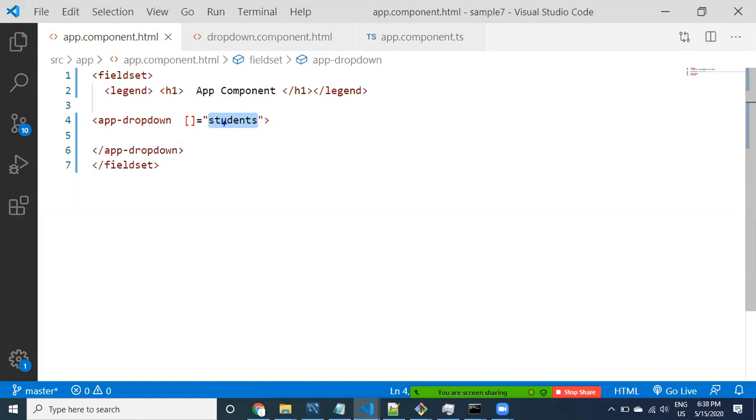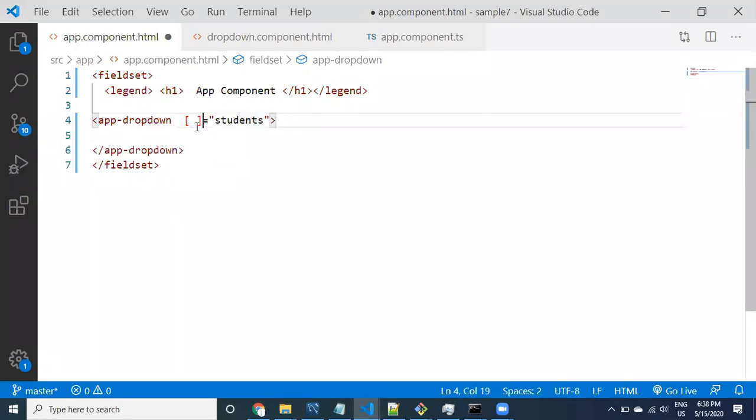In the child component, this data has to be assigned to which property? So provide that now. The property I have to take should accept the input. Whatever property you provide inside these brackets is related to a property in the app dropdown component class.